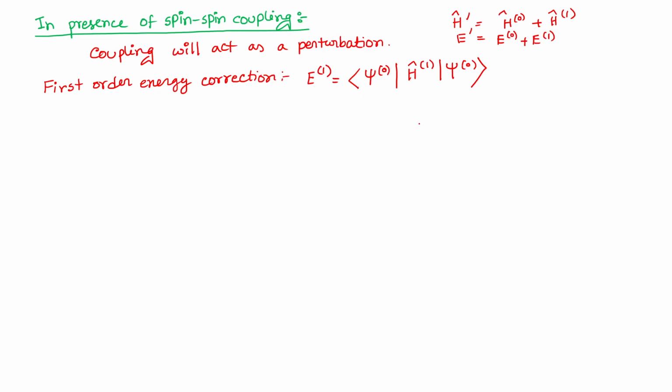Here the perturbation, in case of coupling, is given by h by h cut square, J_AX, which is the coupling constant, multiplied by the dot product between the spin vector of A and X, and this dot product will lead to I_AX of x coordinate,